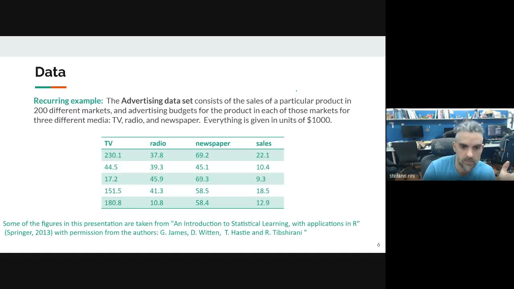So if we go back to this example, it's clear that the variables over which we have control are the assignment of the budget. And the things over which we do not have control, that we do want to predict, are the sales. Because first we put the budget, and then we observe the sales. So there is a temporal asymmetry here that clearly tells us that the interesting parameter for us is the sales, but we cannot observe the sales until we have fixed the budget. So we have to predict how a certain budget allocation is going to produce a certain set of sales.